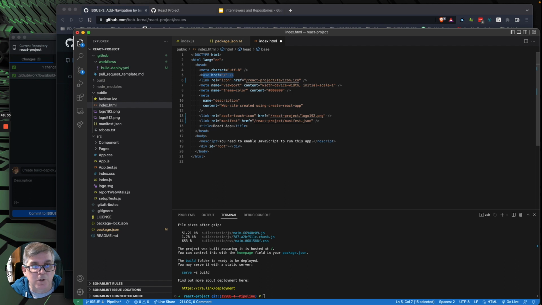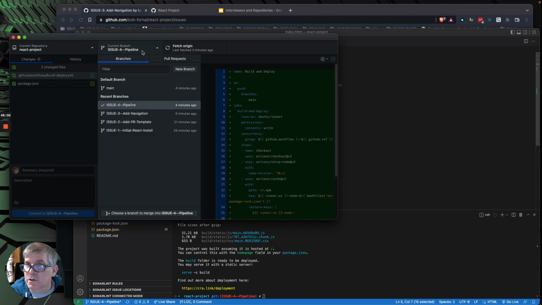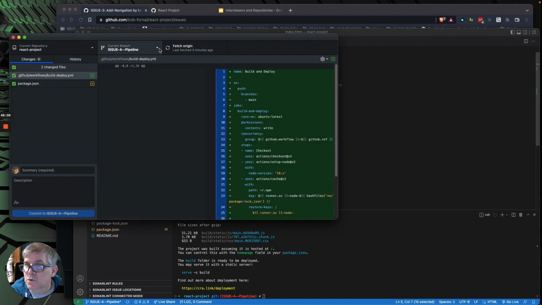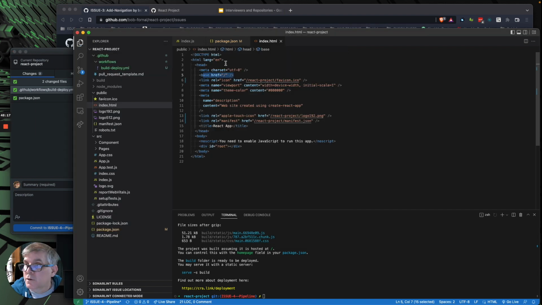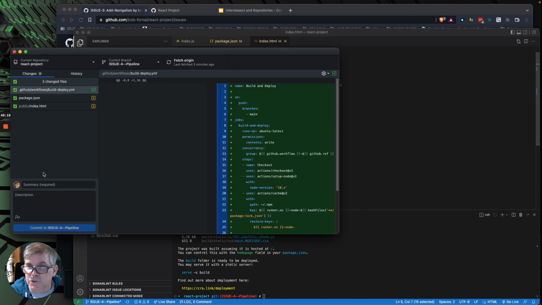We checked our folder. So now we have code that should work in GitHub pages. Okay. We're on the right branch. Right, we're on the pipeline branch. Just a couple of minor changes. Package and index is not saved. Helps if we save it, because then it shows up here, right?